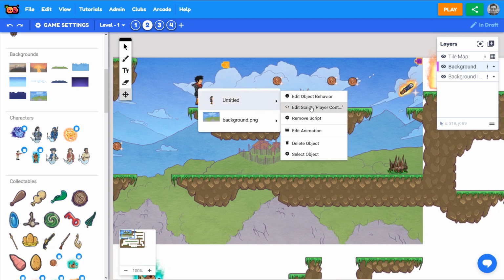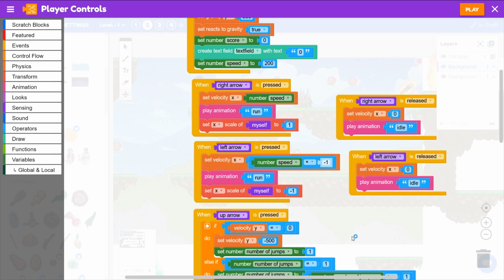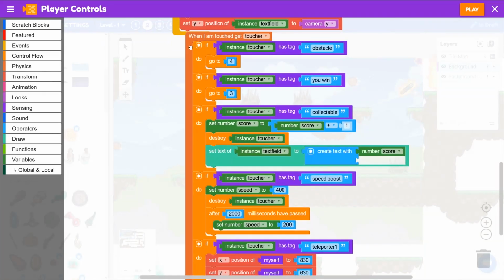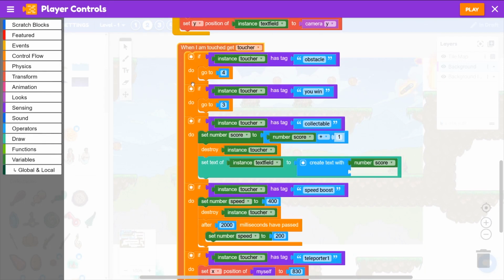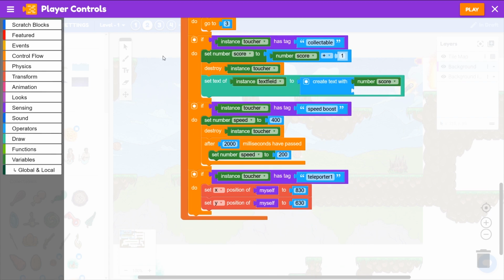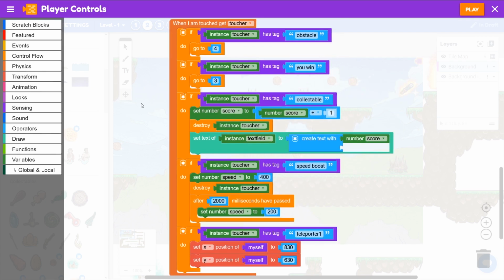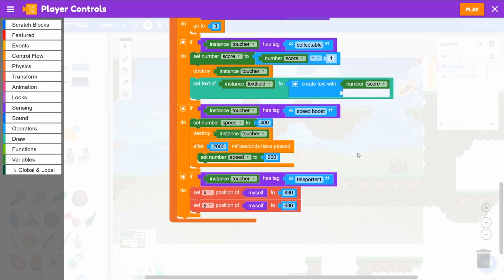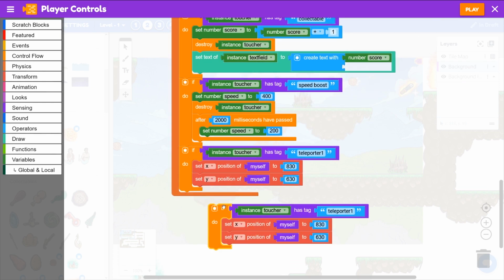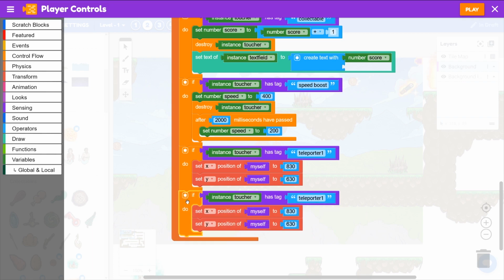Now the logic for this we'll put on the player. So let's edit the player script, and we'll go down to our when I am touched get toucher block, which is getting quite big now because there are all these different conditions it's checking for: that I touch an obstacle, or you win, or collectible, or speed boost, or teleporter. We'll duplicate our teleporter checker,